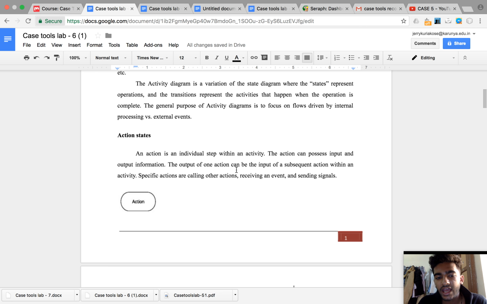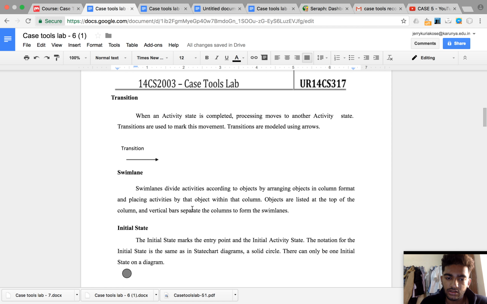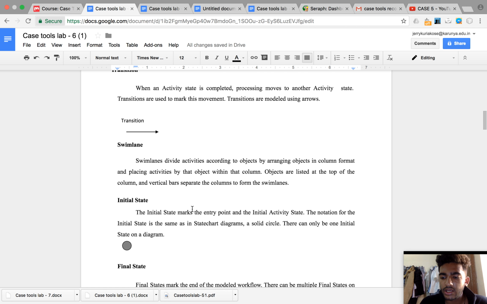First there are the action states. This is where all the actions take place. Then there are the arrows, which represent the transitions from one state to another. Swim lanes: there are two types of activity diagrams, one with swim lanes and the other without swim lanes. Swim lanes means the different activities will be categorized into columns where the activities take place. If it is without swim lanes, it will just look like a flowchart without any separation between the objects